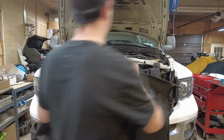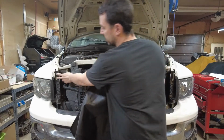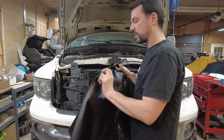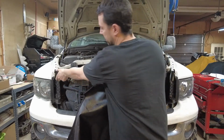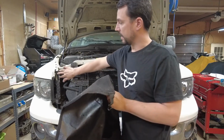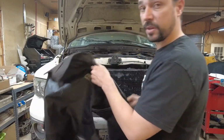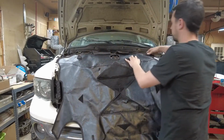This is the second time going on for me. So originally when I got the kit, it came with some Velcro strips, I believe some alcohol pads. So what I did was I just left the other half of the strip here and here on the other side and cleaned that off, and as I put it on, I pressed those into place. So to start, you just toss it up there,